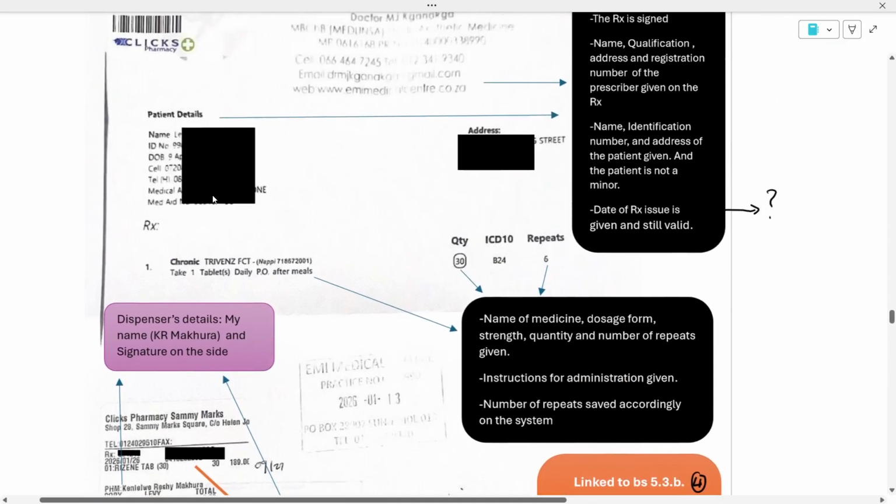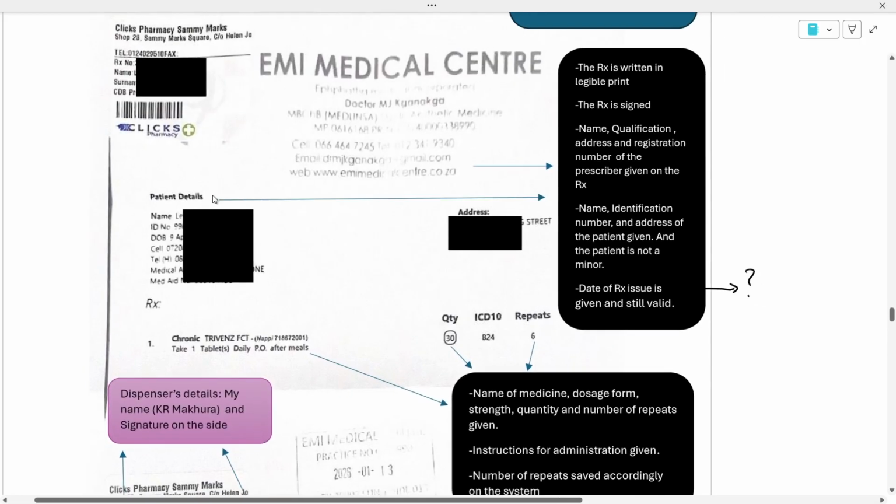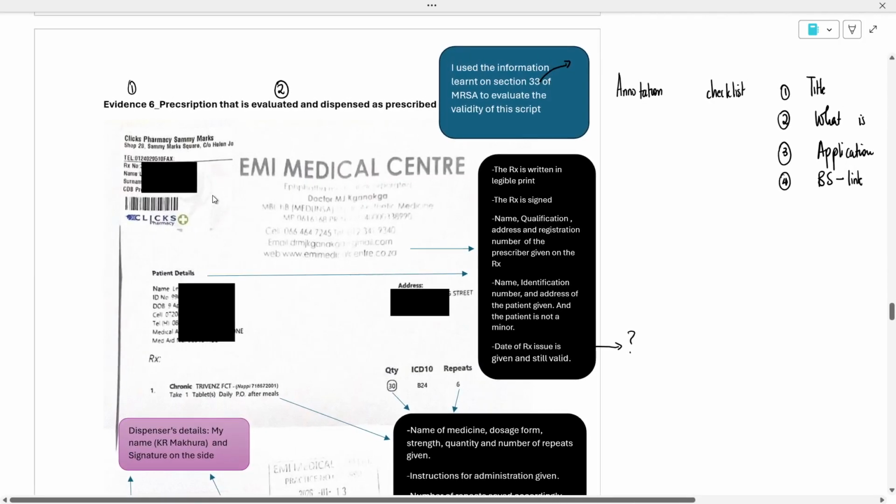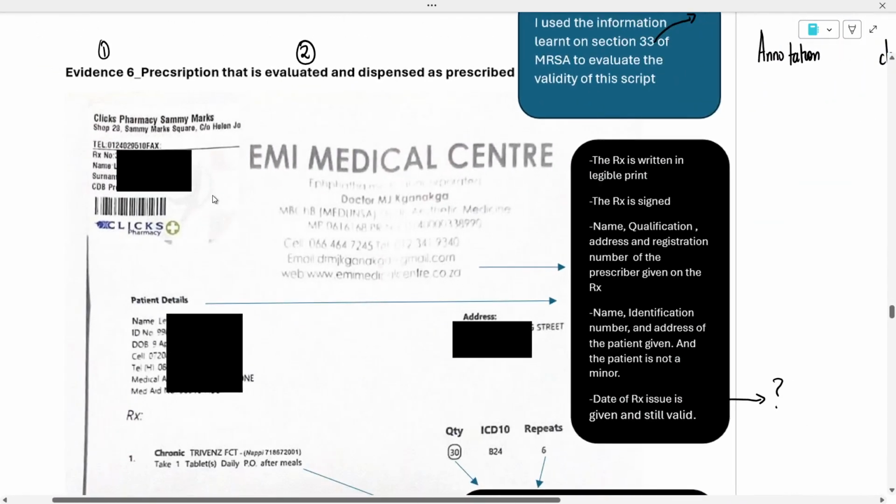So here, what your learning need was. Your learning need was to identify a fraudulent prescription. It was also to dispense the medication. What phase of dispensing is this applicable to? Is it phase 1, phase 2, or phase 3? In phase 1,